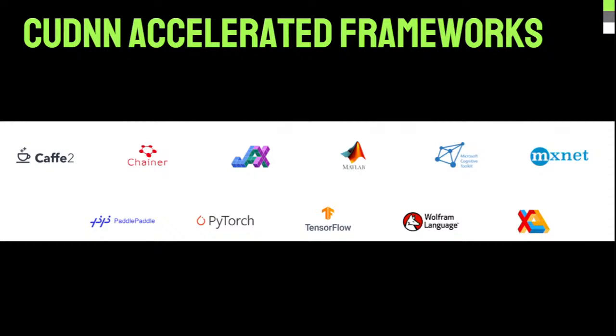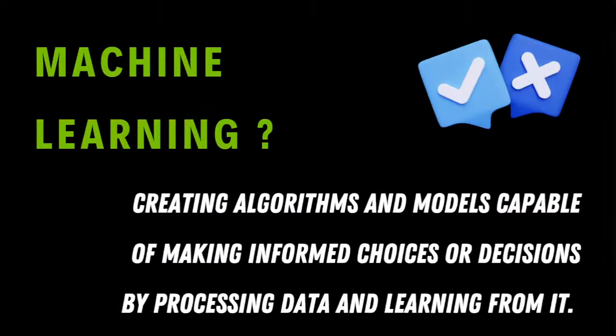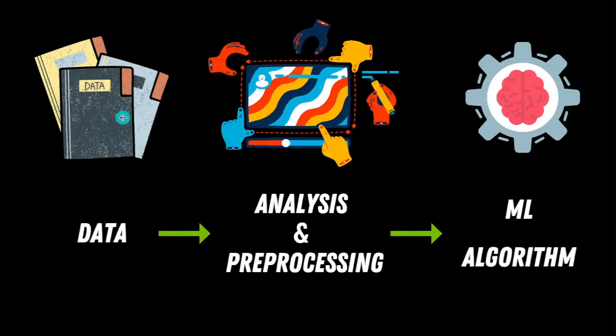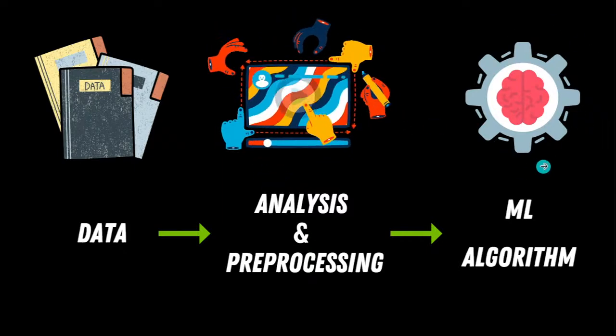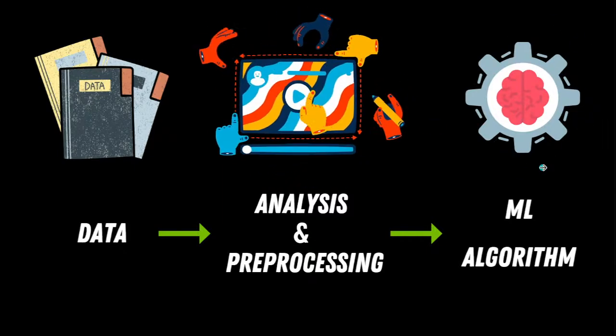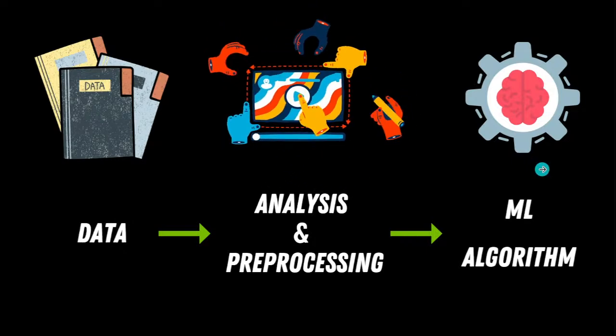And particularly in tomorrow's session, we will be going with a concept which is deep learning basics. Okay, so if you want to learn deep learning, you should be familiar with the basics of machine learning. So if you have the knowledge, please go and refer to machine learning, be ready for deep learning. If you are a beginner, then I would just give you a refresh of what is machine learning. Machine learning, what we do, we create algorithms and statistical models which are capable of informed choices or decisions by processing data and learning from it. Whatever past has been done, you learn and analyze, give it to a statistical model. It learns what has been done in the past, it is going to repeat